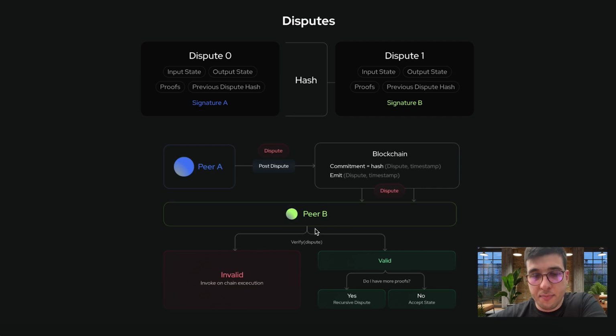If it's not a valid dispute, it will go down the invalid path, and a peer can invoke on-chain execution where the blockchain would essentially step in, do all of the computation, and punish either peer A or peer B who lied. This is expensive, so no rational peer will try and cheat the system, but it is there to